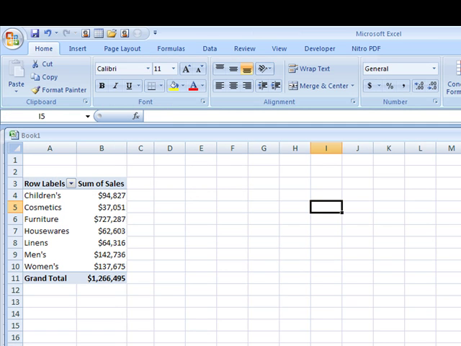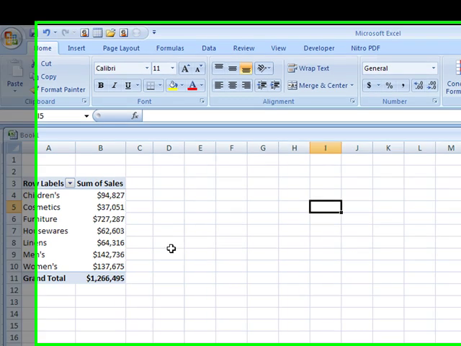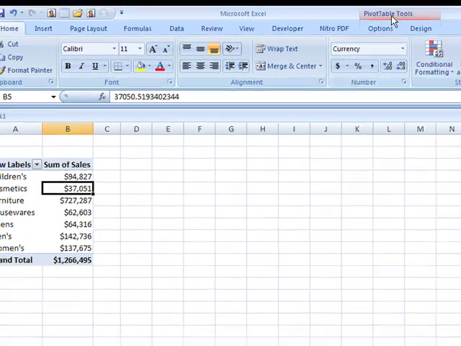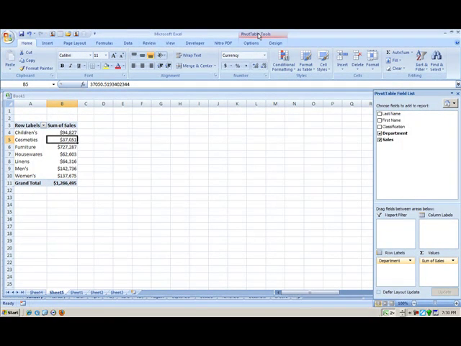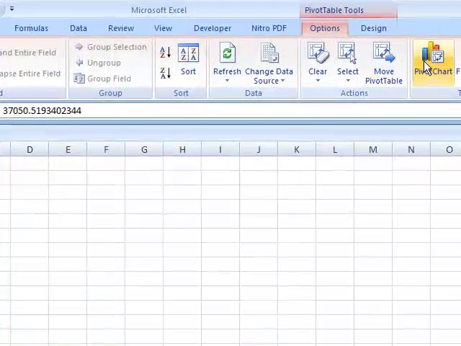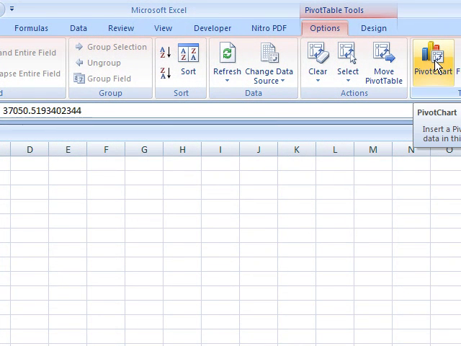There is so much more we can do. Let me demonstrate one other item for you at this point. If we click in our data area, we notice on top it says pivot table tools. Let's say we'd like to get a chart of this, maybe some sort of graph. If I click on the tools, we have a whole slew of items that we can deal with, and one of them is pivot chart. If we click on pivot chart,